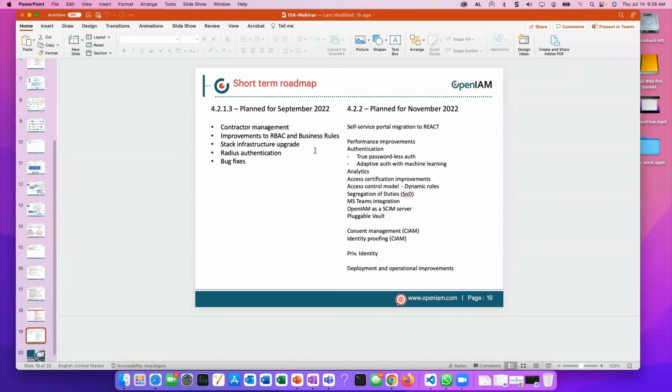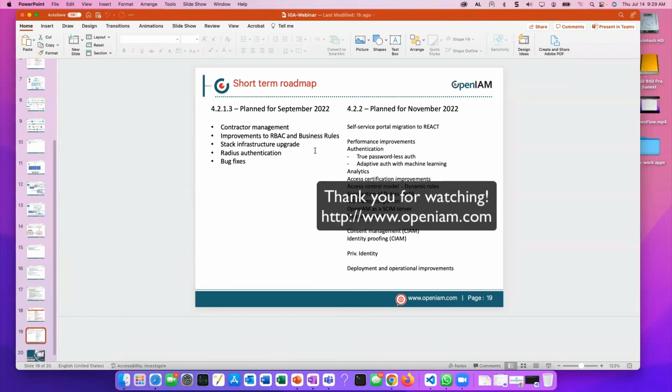On the CIAM side, we've added consent management and identity proofing. And a major new component is going to be the introduction of an early privileged ID solution, where you'll be able to SSO into your Windows and your Linux boxes, record your sessions, have playback, have controls over what command